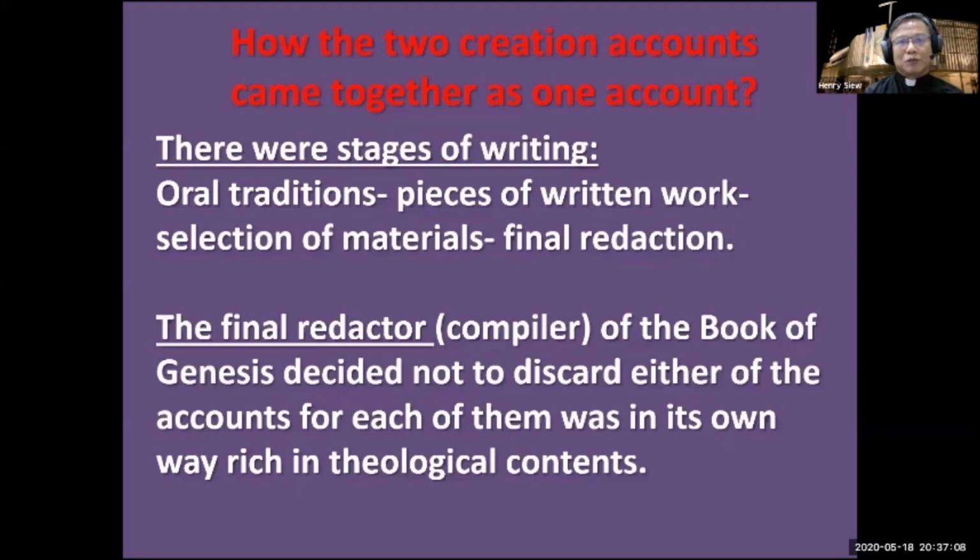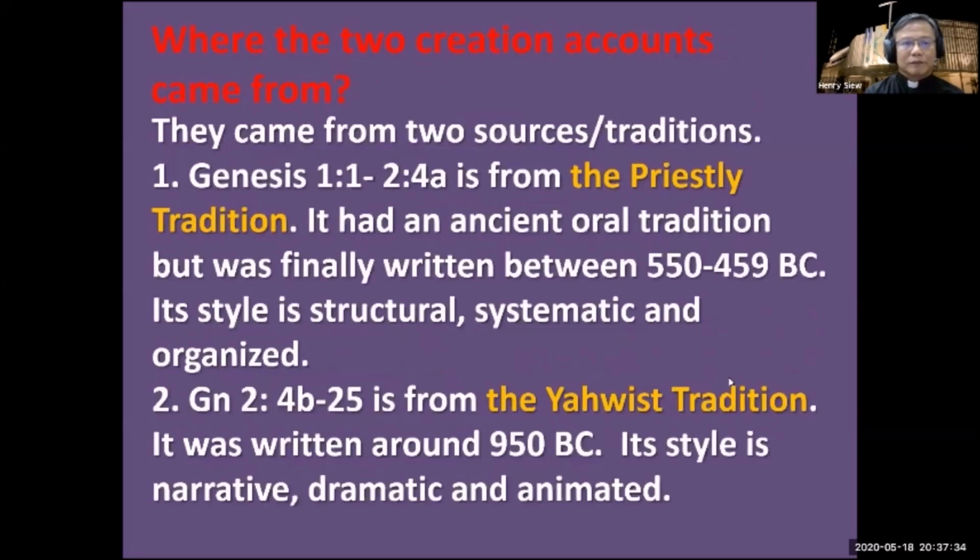Only recently, with biblical scholarship, were scholars able to decipher very clear distinctions between the styles of writing of these two accounts and be very firm and definite in saying that the book of Genesis, as we have it today, actually has two creation accounts put together as one. So where did they come from? The very origin of these two accounts. Scholars say that most likely they came from two sources or traditions. The first account came from the priestly tradition,